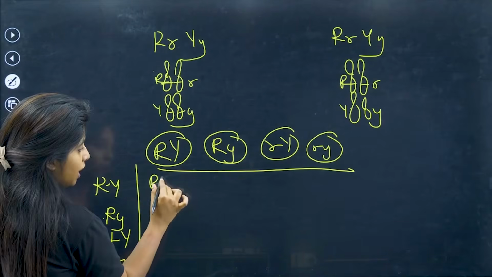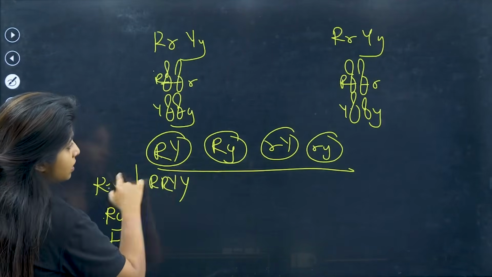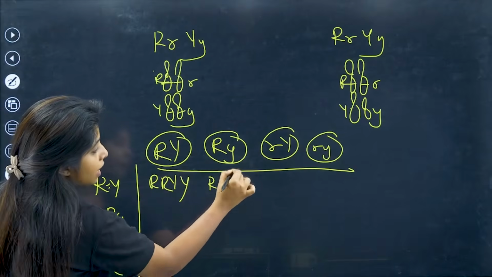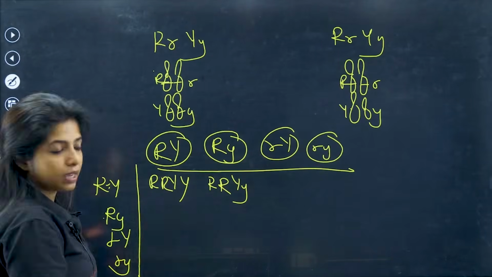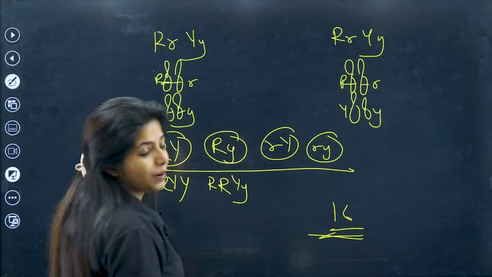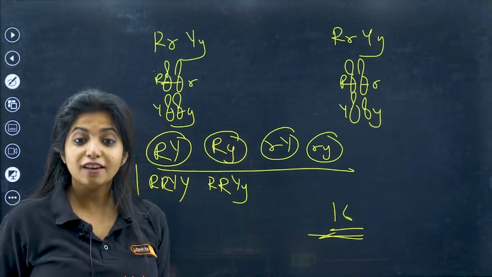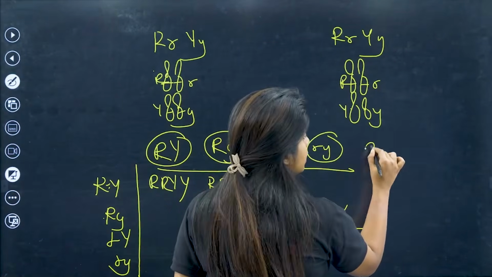This and this cross, you get capital R, capital Y, capital Y. This and this again, capital R, capital Y, small y. You cross in this way, you will get 16 progenies out there. And what did he find? He found that, ma'am,